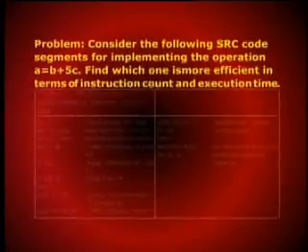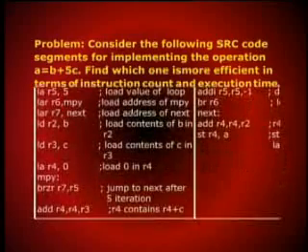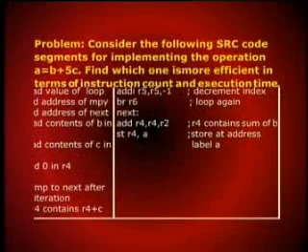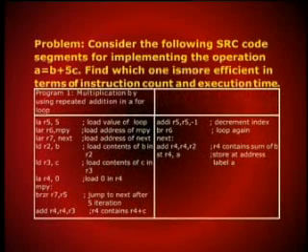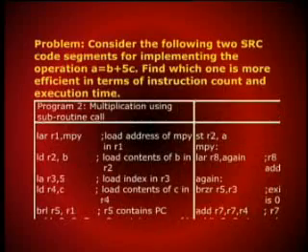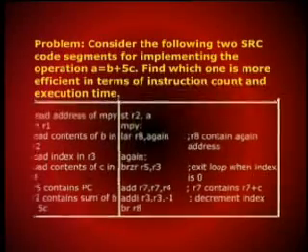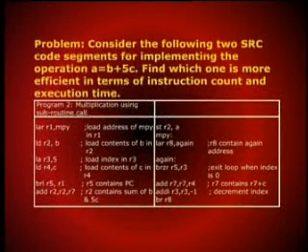As you see on the screen, there are two programs for a sample RISC computer. There are two code segments for implementing multiplication. Program 1 implements multiplication by using repeated addition in a for loop, whereas program 2 implements multiplication using a subroutine call. Let us find out which one of these two programs is more efficient in terms of instruction count and